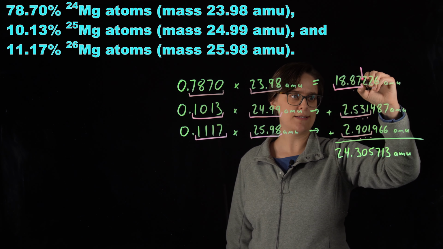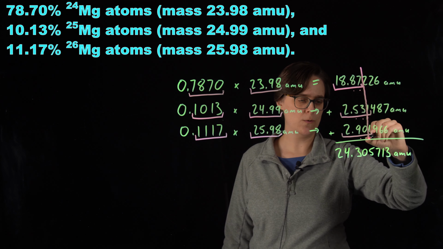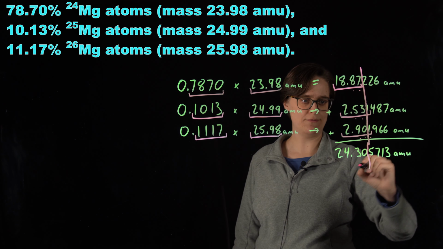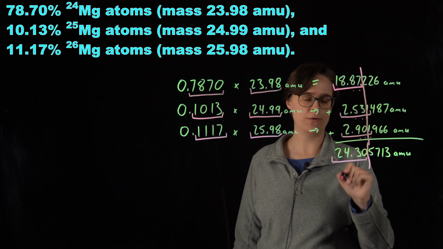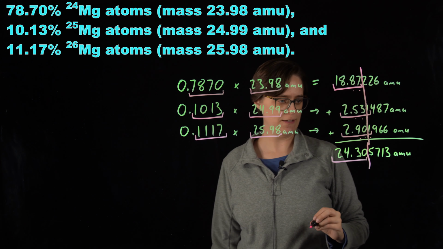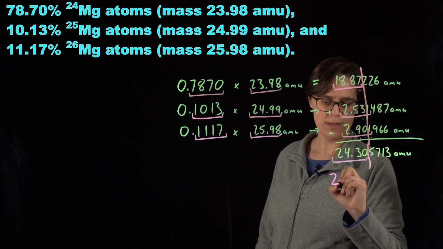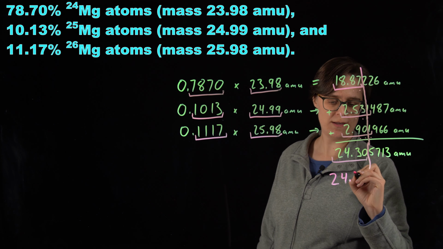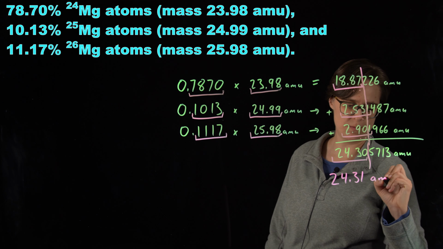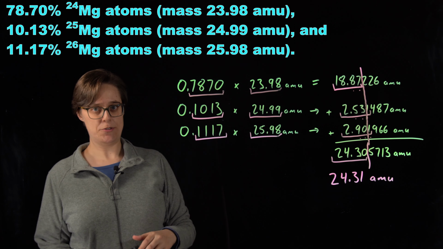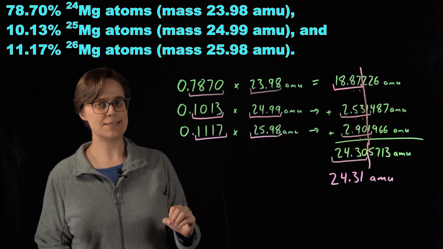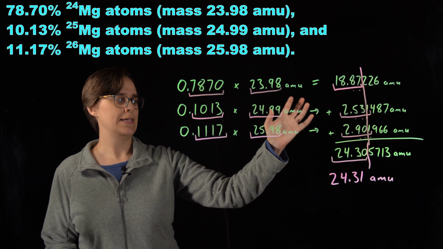So think of that as our cutoff. We only know 2 digits after the decimal. That means we only know the 24.30. This 5 causes it to round up. So our answer is 24.31 atomic mass units. And again, if your teacher or professor is really a stickler for significant figures,